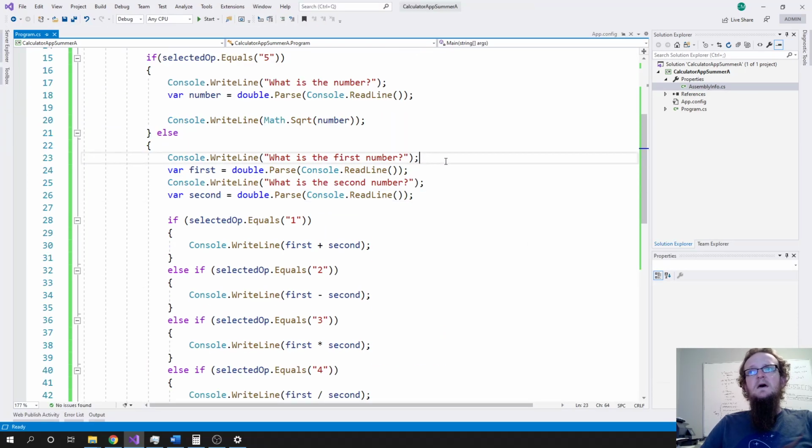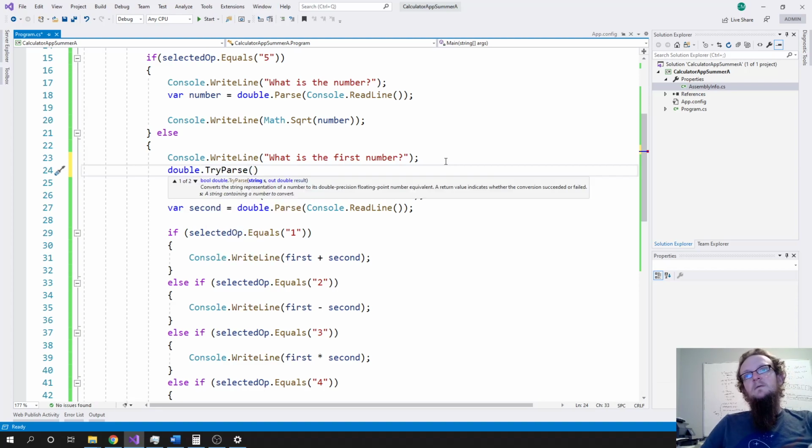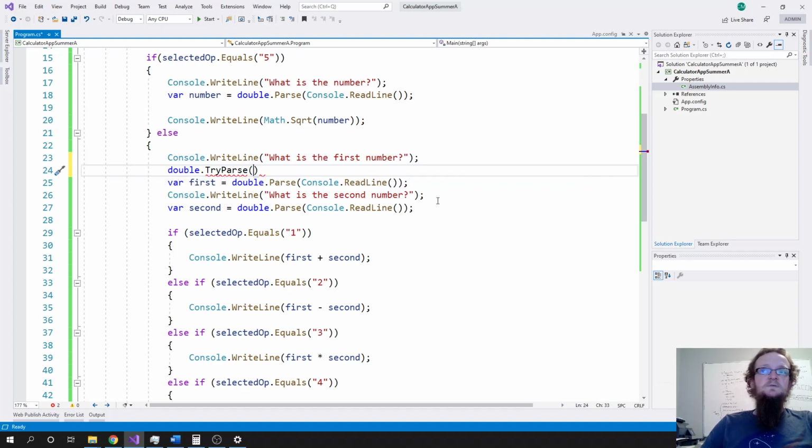So how are we going to do it? There is a library method called tryparse that we can use. So you can do double dot tryparse. And if you look here, tryparse requires a string, and it requires a double that is given this keyword out. What that out means is that the value is going to be passed back to this variable after this method actually ends. So here, what I can do is I can pass the read line